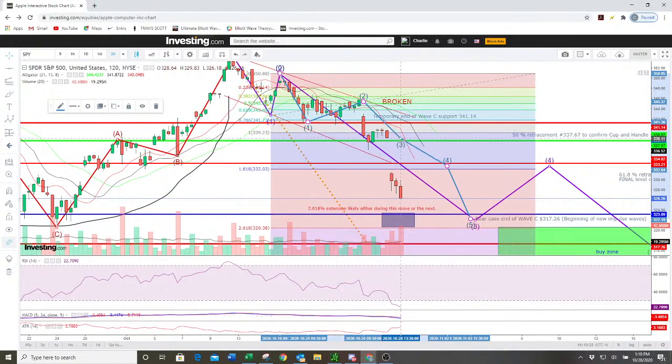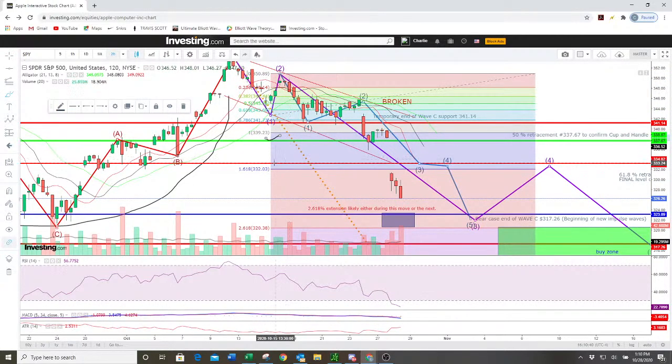So now I go down to the 618 level. I say, okay, well, that's the next target, is 332. And guess what? Today we broke it. Not only did we break it, but we ran past it. So these two levels to me now are confirmed, right? So this one, check mark, we got that one. Next level, check mark, we got that one. Now we move to the next level, right? Which is this